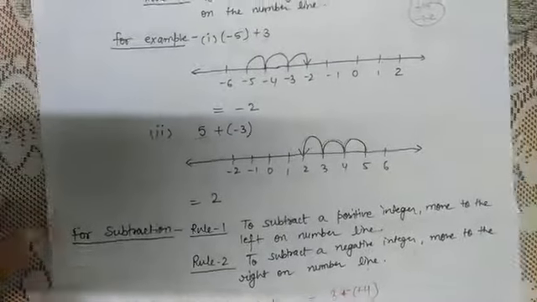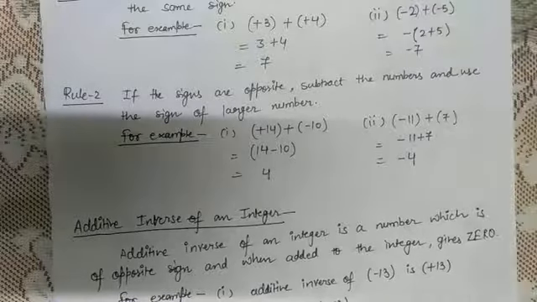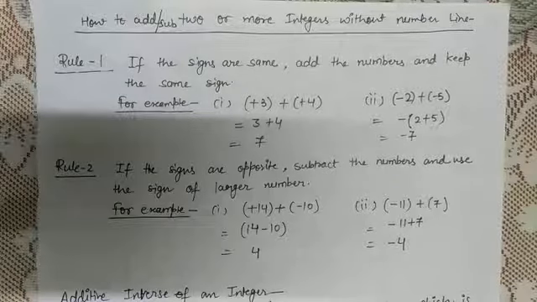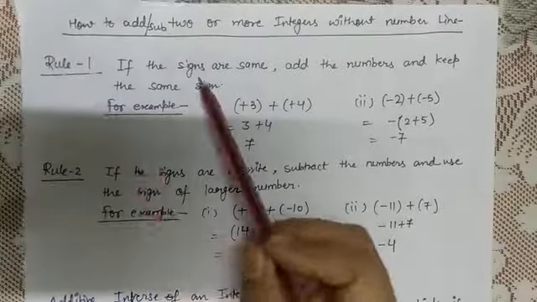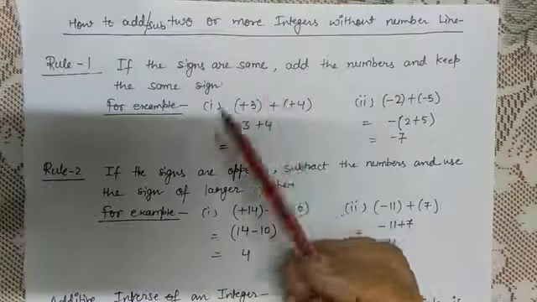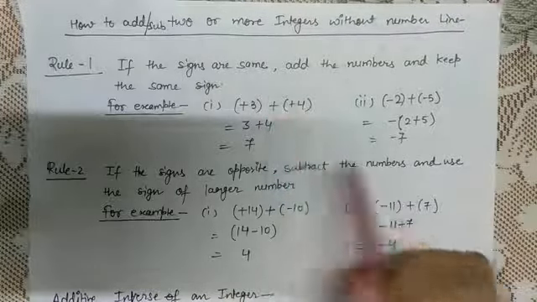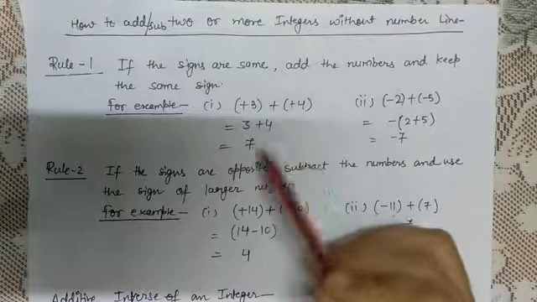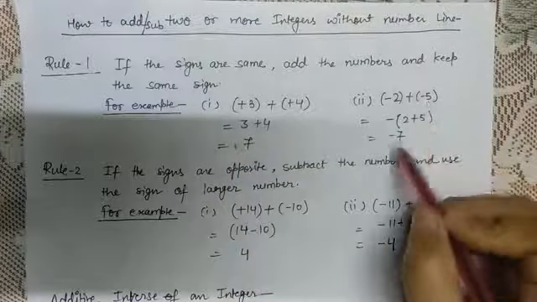Now we have studied how to add and how to subtract with the help of the number line. Now we have to study how to add them without the number line. How can we add them and how can we subtract them? A very simple rule for it, which I have given in assignment 12 to you all. Rule 1 is, if the signs are the same, if we are going to add two integers and their signs are the same, we have to just add the numbers and apply the sign which they have. If they both are positive, we will put the positive sign, or we will not put a sign. If they both are negative, we will put the negative sign.